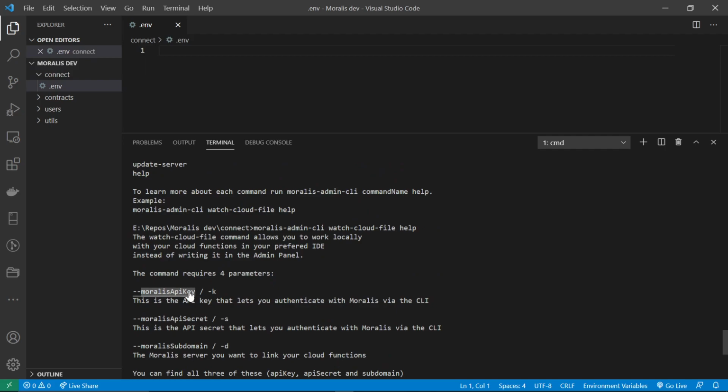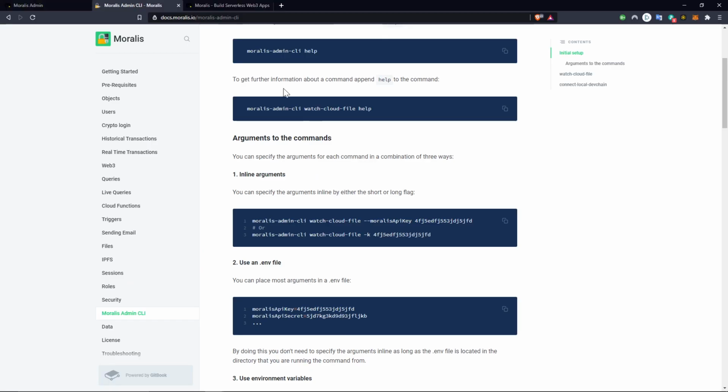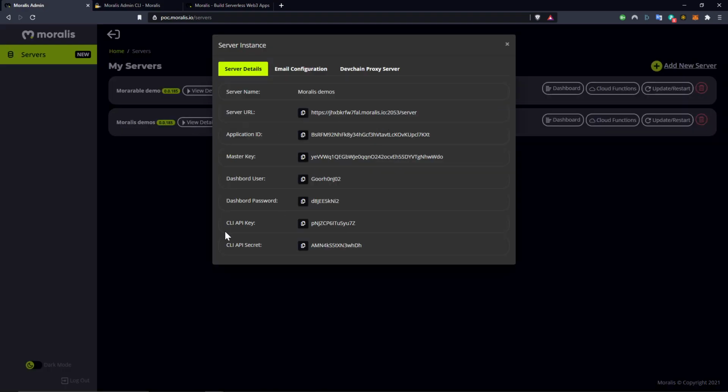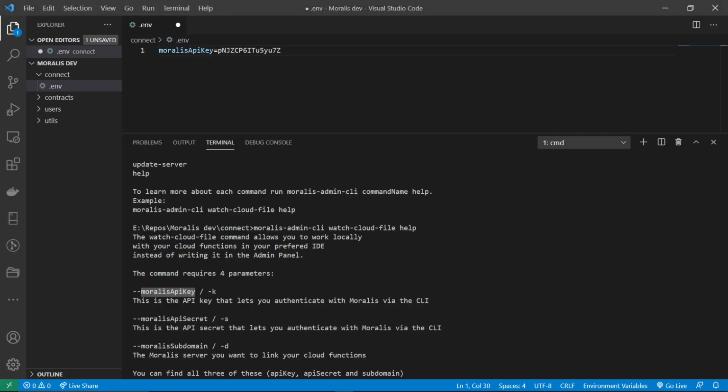So we take, for example, the Moralis API key. You do this and then an equal sign, and then you go to the dashboard, and then you choose whatever server details. It's the same for all servers, and it's the CLI API key in this case. So you take this one, you press this button, it copies it to the clipboard, you paste it here, and then you do the same for the next parameter, the Moralis API secret,